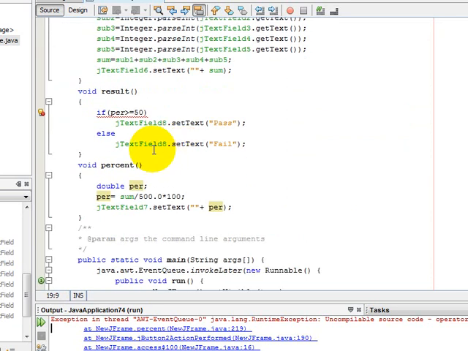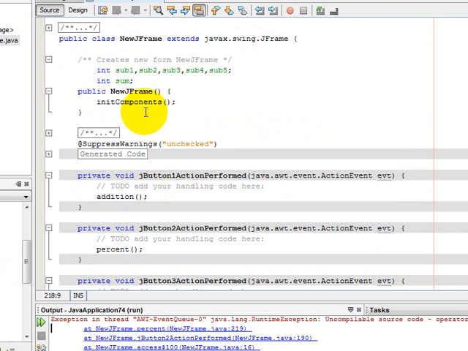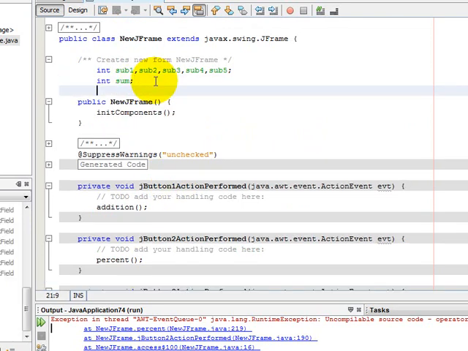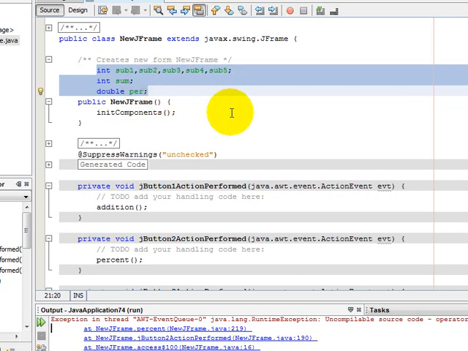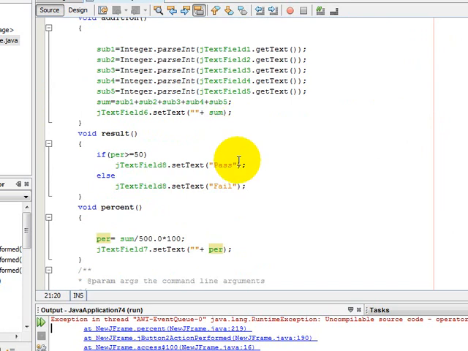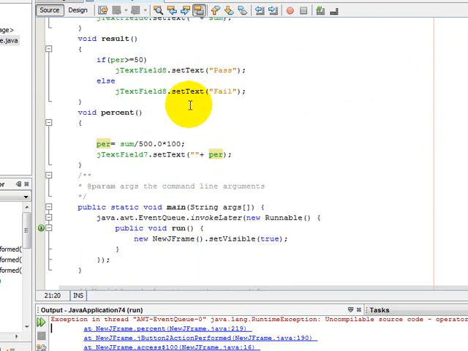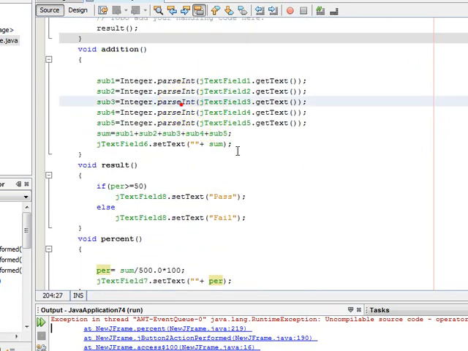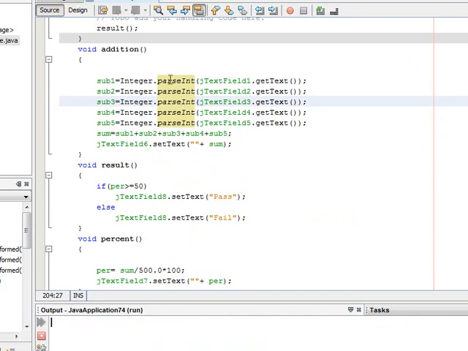In the same fashion, we declare double PER. If we make them global, now all these variables are accessible in all the methods that we are using. So if we run this application